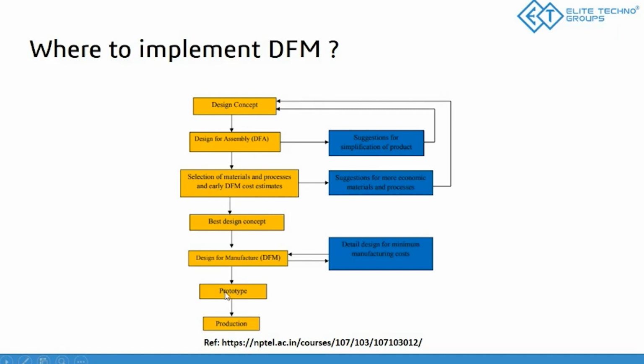The outcome of this DFM will be a rough prototype. What is not shown in this slide is that this prototype will go through some subsequent tests to check whether the functionality which the product was initially intended to satisfy is working. Because as I said, the initial concept is based on the product satisfying certain functionality, and then we have made certain changes and come up with the prototype. The prototype, by considering all the constraints like DFA and DFM, should still satisfy the functionality requirements of the design.